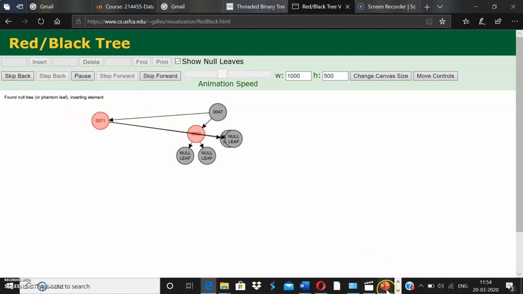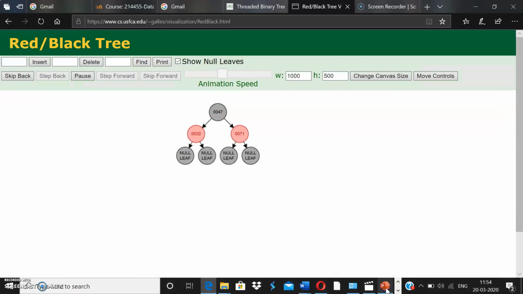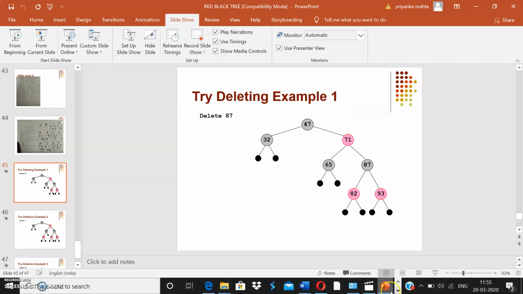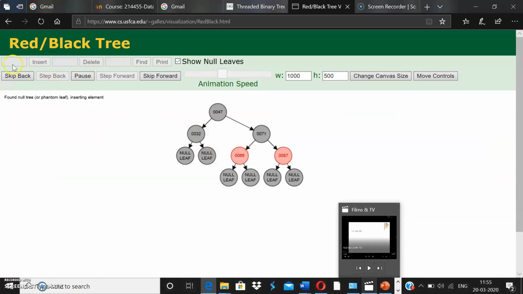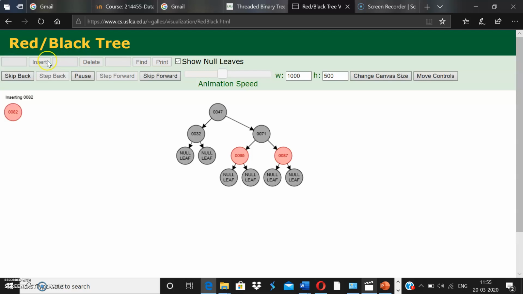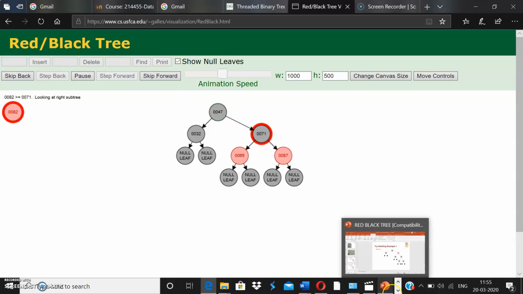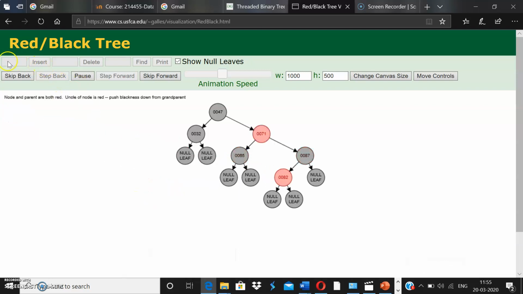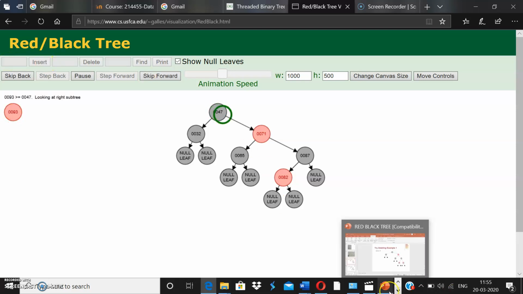Insertion we have already done. 65, 87. 82, 93. So this is the case.